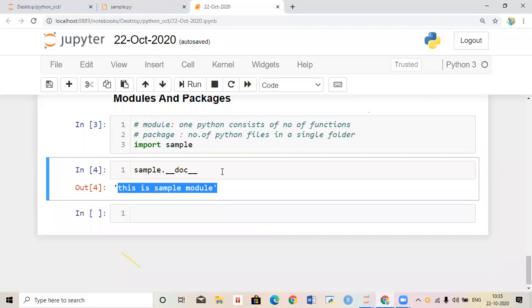How to find out how many methods are available?